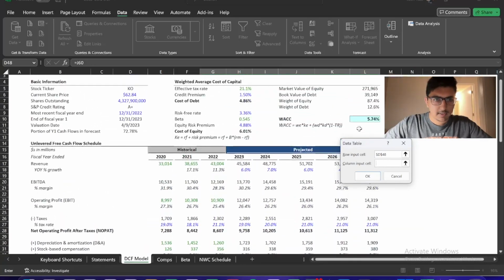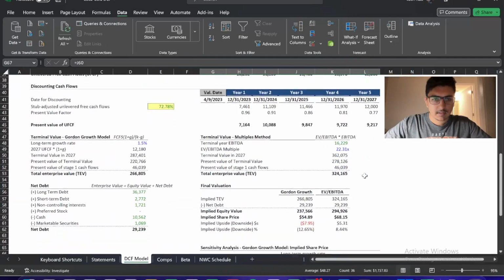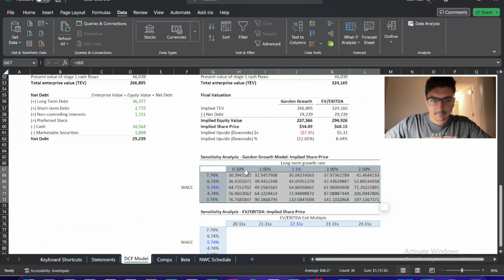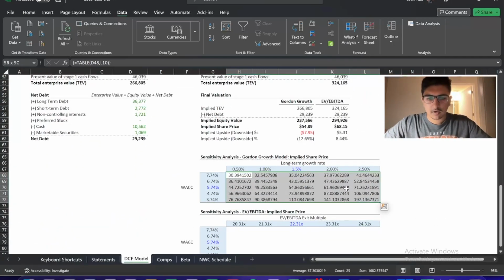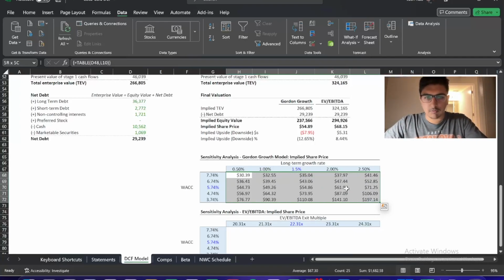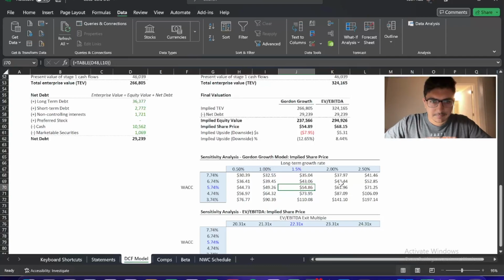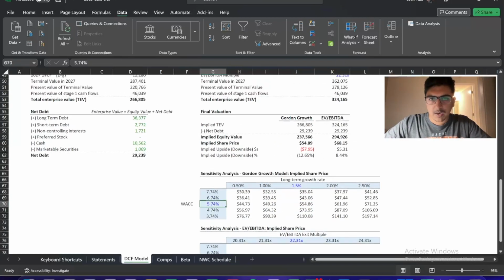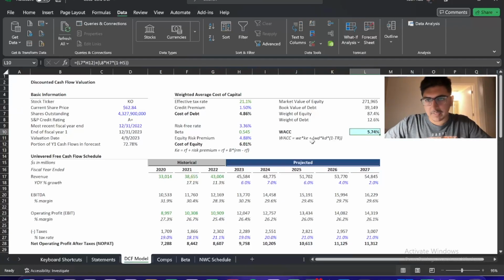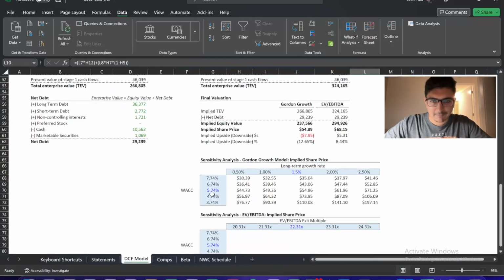So go ahead and select this WACC right here. Say OK. And look at that. So now if we go over here and we convert these into dollars, you'll notice that at our intersection, it equals our implied share price. It's a little bit off because we hard-coded this WACC, and this WACC is a little bit different. It's not exactly 5.74, but it's close enough,